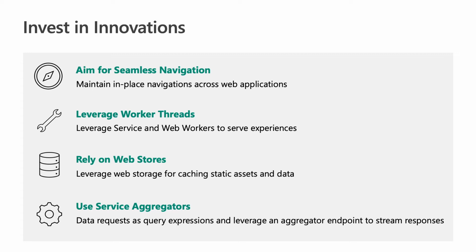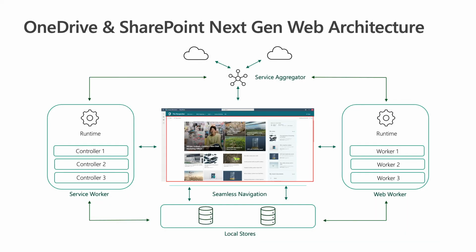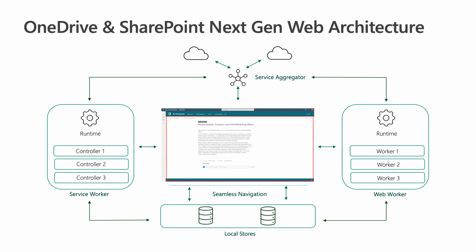In-place navigation, worker threads, web storage, and optimized data aggregators serve as building blocks for the next generation ODSP web architecture. Following is an illustration of what that looks like. ODSP web experiences are highly interconnected, with deep links that take you to different applications. Navigating from the SharePoint start page to a modern communication site that shows up in your frequent feed, then clicking on a node in the site header to navigate to its corresponding page library are all common operations